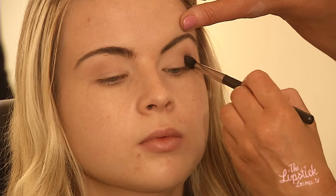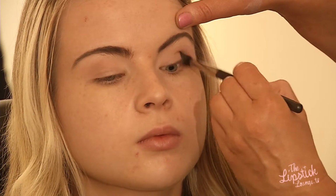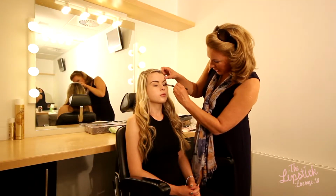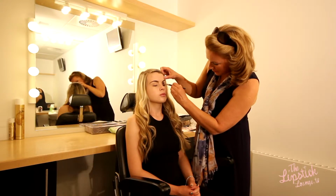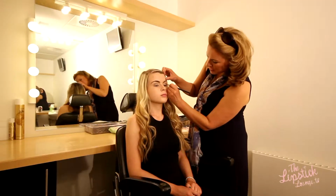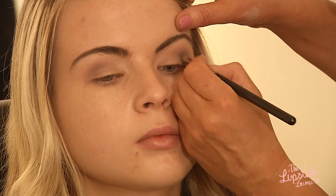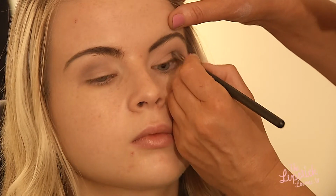I'm now going to add, using the same brush, the MAC shadow called Scene. It's a matte grey. And again I'm going to apply it in the crease of the eye and I'm going to blend it into the previous colour Bisque. I'm going to use a MAC 219 pencil brush. Contour more strongly just in the outside corner of the eye there, just to create the illusion of more depth